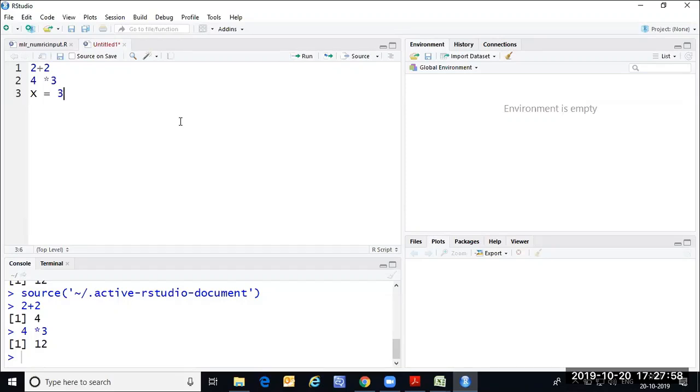Generally in Java or C++, how many lines of code do you need to write to assign a value to a new variable? First, you need to declare the variable and define the type of the data it could accept, and then assign the value. I don't need to do anything here. If I simply say x is equal to 3,